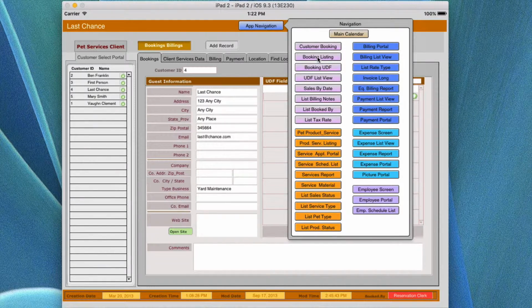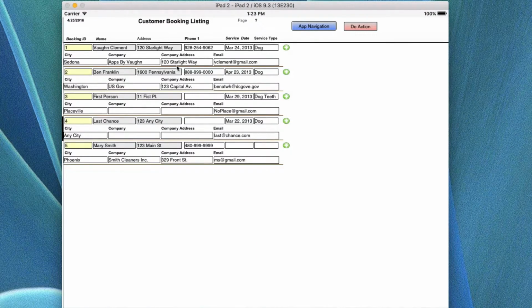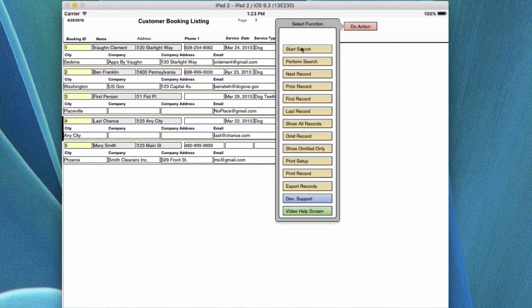Let's start with the booking listing. The booking listing is a sequential record set of the current selection of records. In this case, there's 5 records in the database currently, and they're numbered 1 through 5 with a sequence number on them. If you wanted to do a find to find a specific record, you'd go up and click Search,